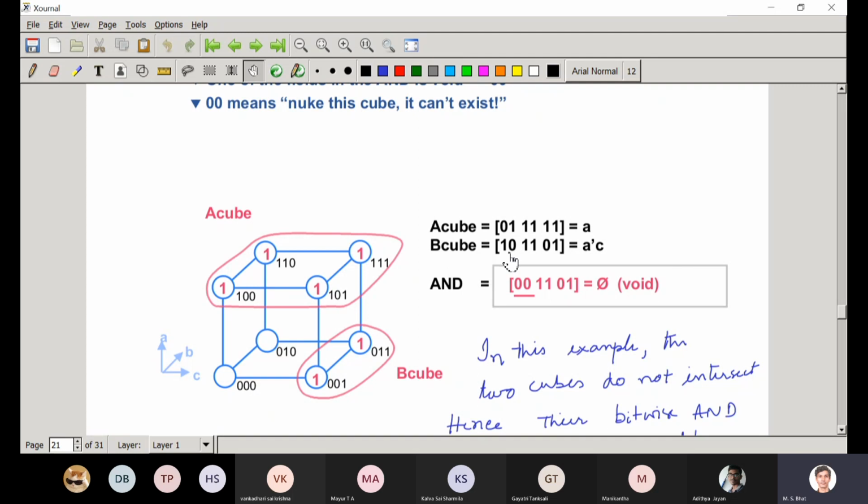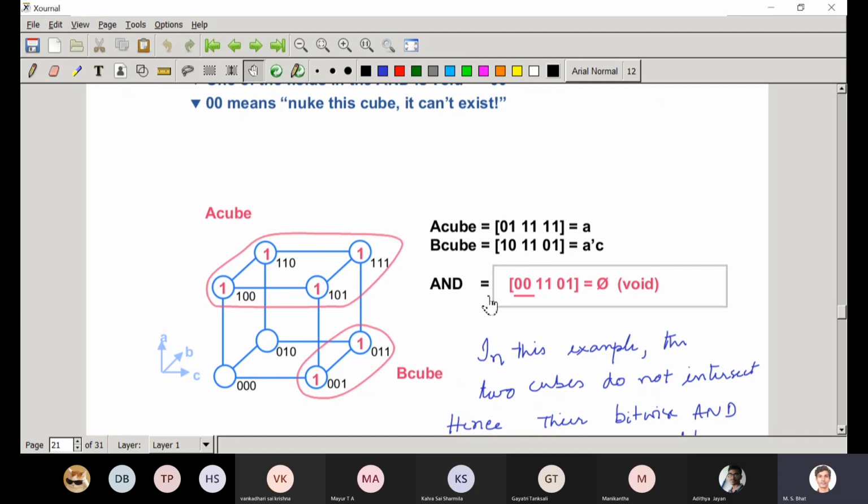So it is A bar, B doesn't exist, and C: A bar C. So this B cube is actually A bar C. A cube, as we saw earlier, is cube A.